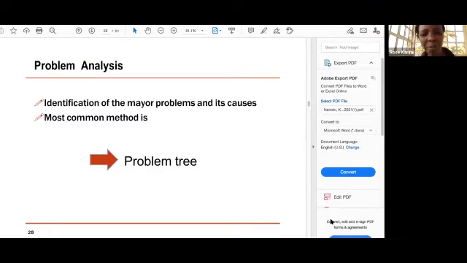You know, there's a core problem and these others are just maybe the causes of that problem. And then the next thing we shall do, we shall attribute the other problems in relation to this core problem. By attributing, we are trying to see, is this a cause of the problem or an effect of that problem? If we are thinking about the problem of sanitation, for instance, in a slum,